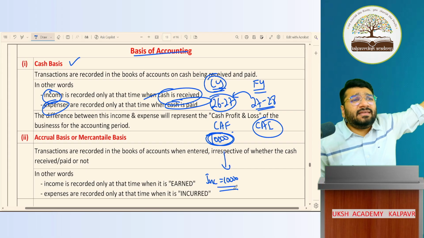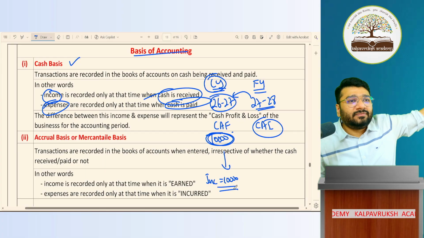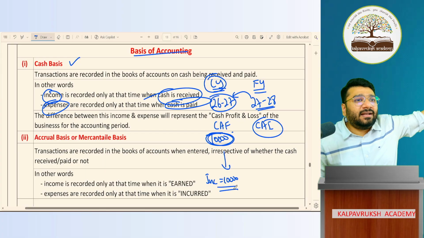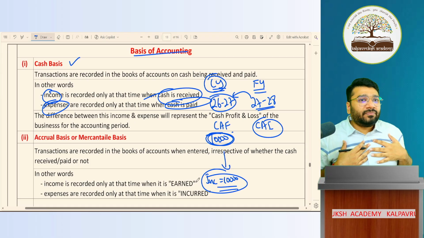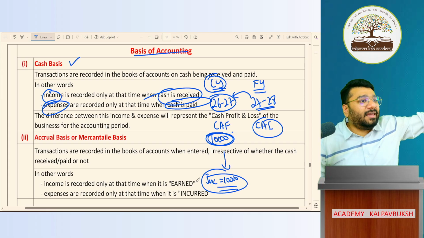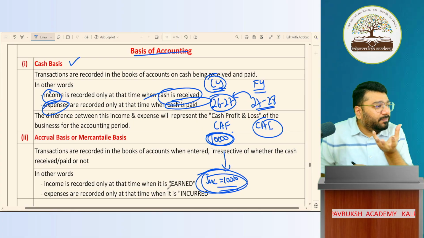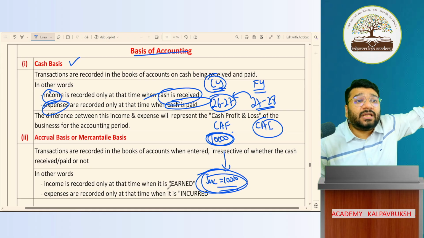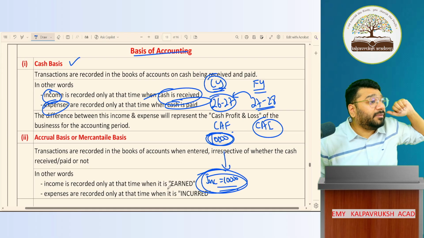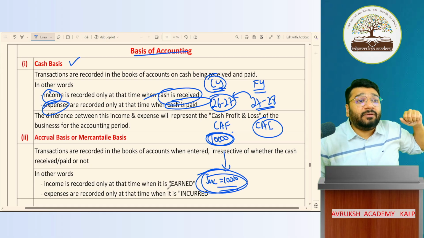Is this correct or wrong? Forget accounting policy, forget accounting standard rules. To your heart, do you think this is correct? This 10,000 money that I've received, can I show it as my income? I haven't given any service for this, I haven't sold any goods, nothing I've done. How can I record my income? Forget accounting rules. Is your heart permitting you to record this as income? Touch your heart and tell me. Can I record this as income? Not possible.